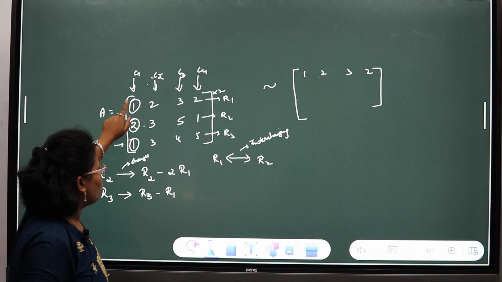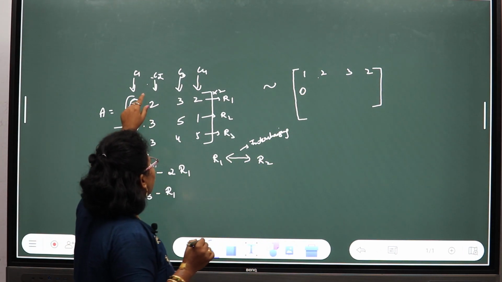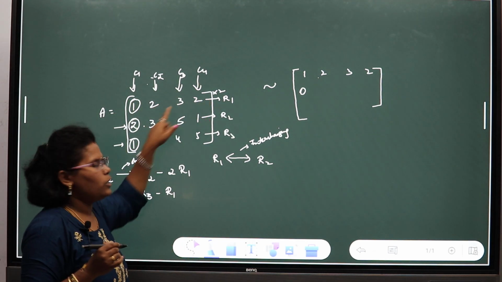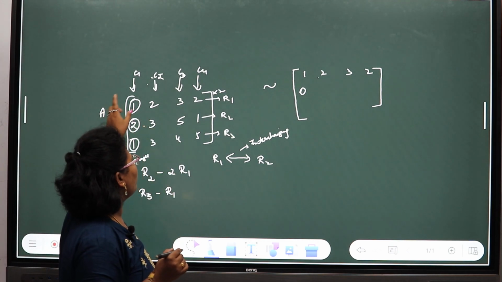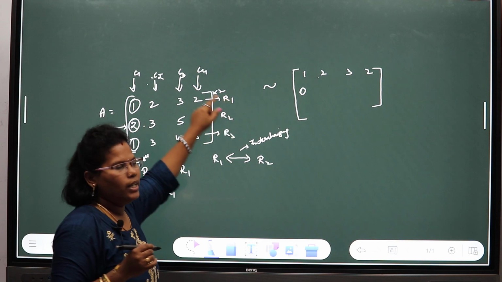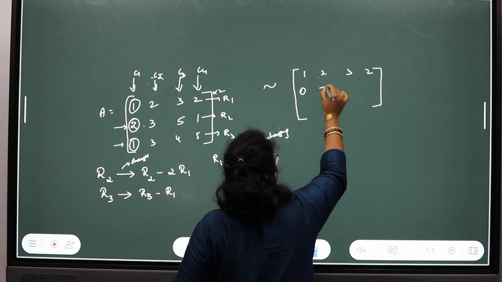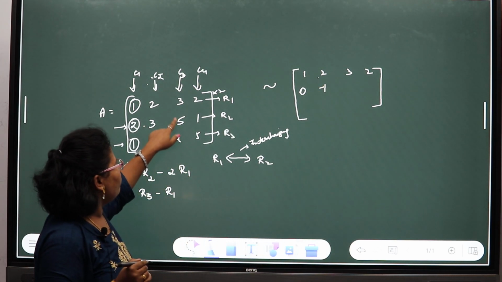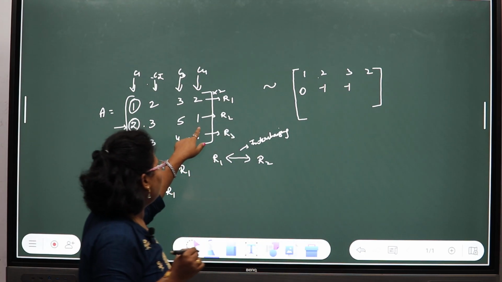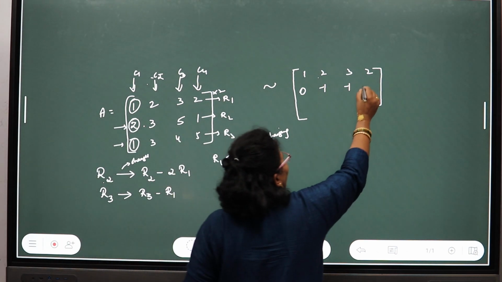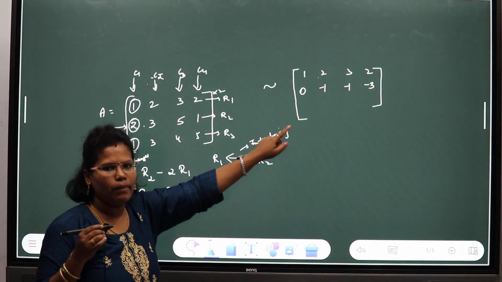So 2 minus 2 gets me 0. Then 3 minus 4. Remember, each and every number you have to multiply with 2. That is what I am going to do with the operation. So R2 changes to R2 minus 2 times R1. Whatever you have in R1, the entire row should be multiplied with 2 and subtracted from my R2. Okay. Now 3 minus 4 is minus 1. Next, 5 minus 6 is minus 1. Next, 1 minus 4 is minus 3. 2 twos are 4, so 1 minus 4 is minus 3.